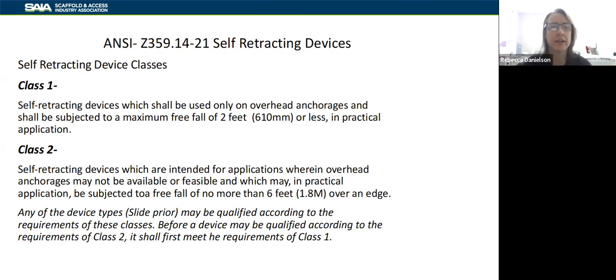The reason for that is that a lot of times when we started looking at more of the information and what people were using the equipment for, if you're anchoring below, other than directly overhead, you're ultimately creating a leading edge application. One of the things you'll notice in all of this is the terminology leading edge is gone. So there isn't a -LE. You have Class 1 and you have Class 2. And so this is important in choosing the right tool for the job.